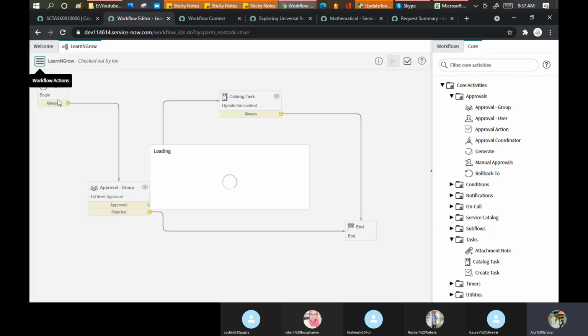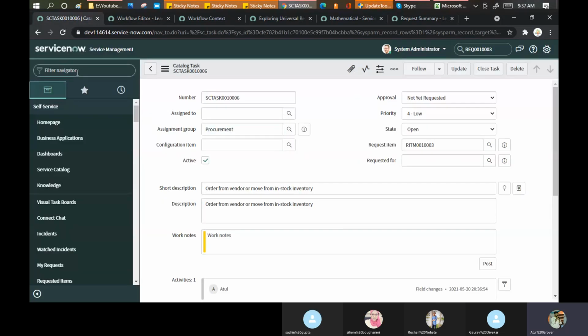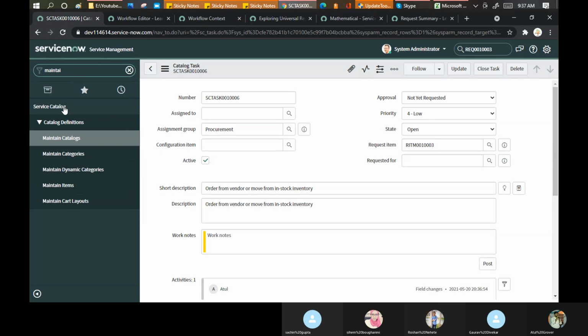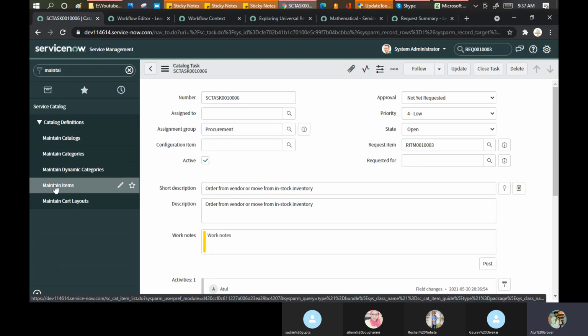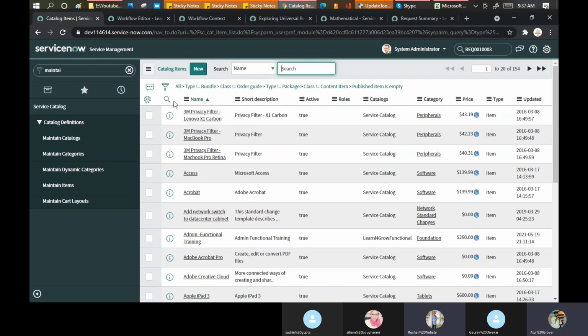I click on the publish button here. Okay, so now my workflow is ready. I'll go here and go to my maintain item. Yesterday we created an item, right? What item did we create? It's an admin.